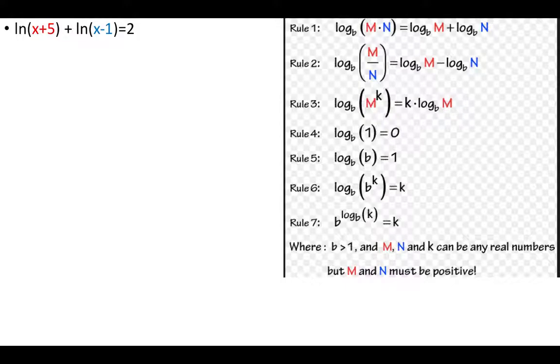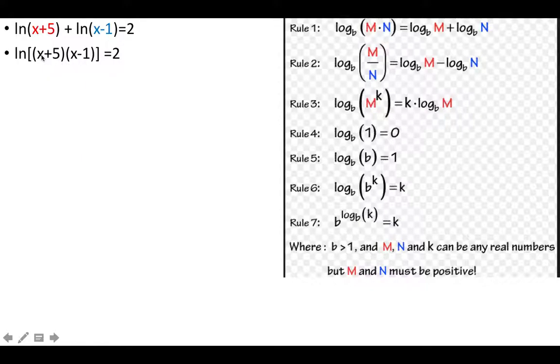Anyways, so this one looks similar to the other one, except there's an addition between them. So the one that has addition between the two logs, and the natural log is a log, is this one. So you're going to go backwards and use this rule. So yes, of course, when you do that, you for sure are going to get a quadratic expression when you